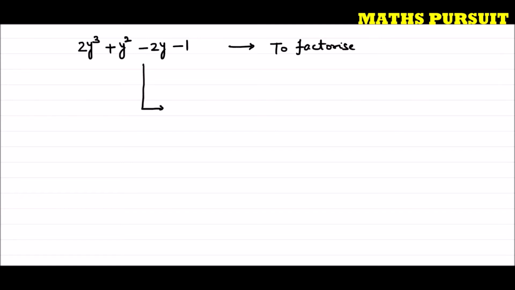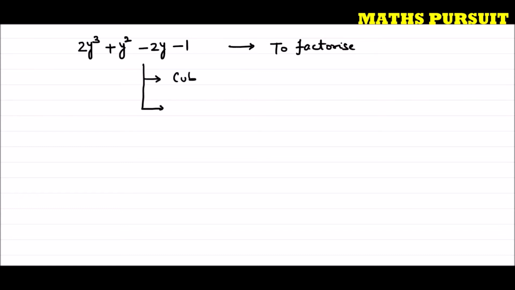Here the question has given us this polynomial, 2y^3 + y^2 - 2y - 1, and the question is asking us to factorize. That means the question is asking us to factorize the given polynomial. Now guys, looking at this polynomial, one can easily say that